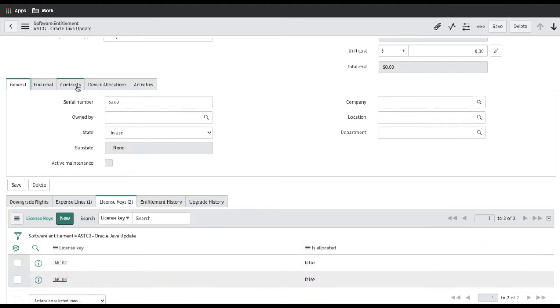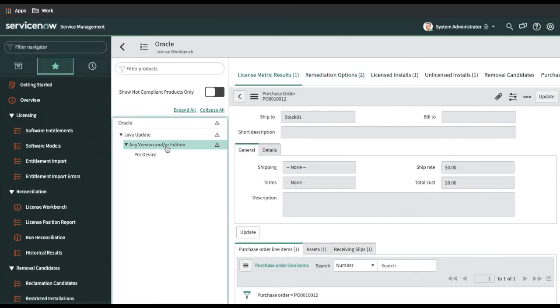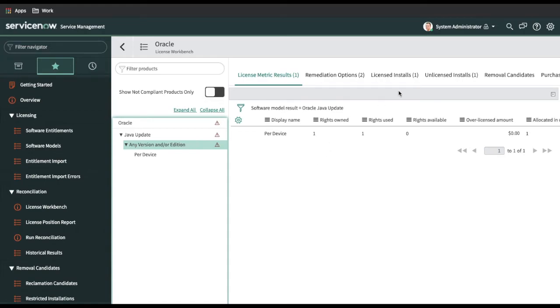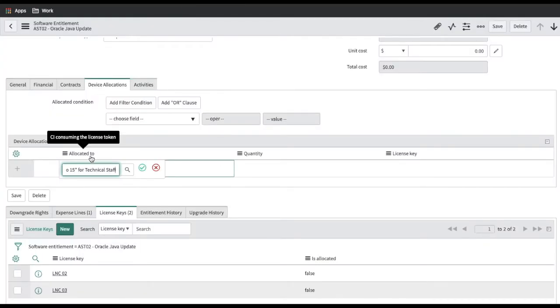What we will do here in this device allocation, I will click here and then allocate the device. For which one are we getting that error? Soft uninstall license, this is our another system, that's the reason we are getting an error. So I will allocate this.